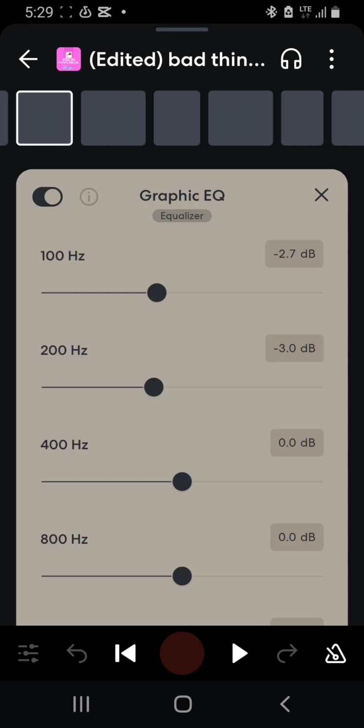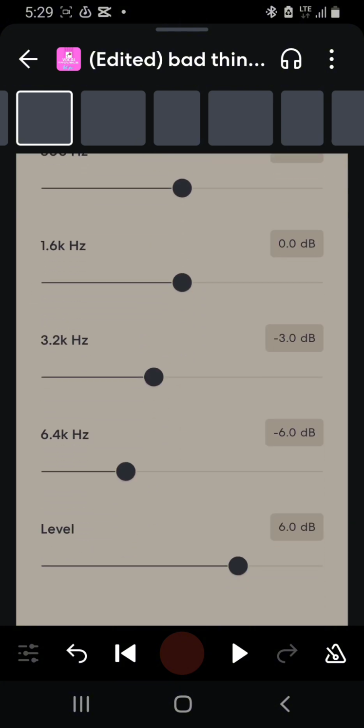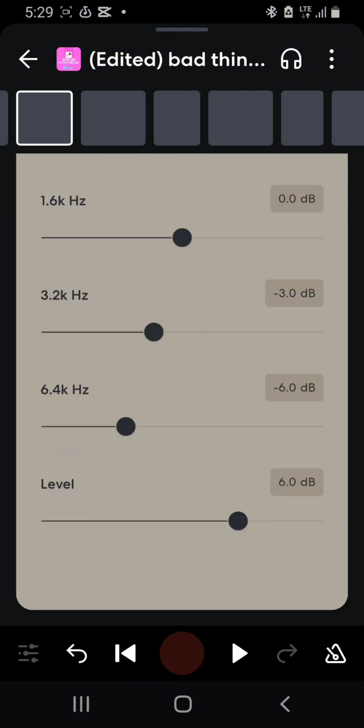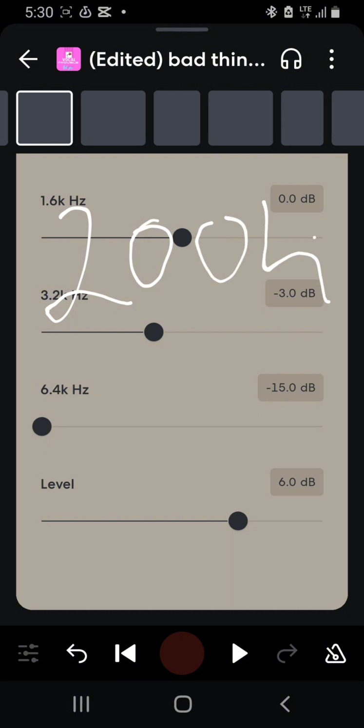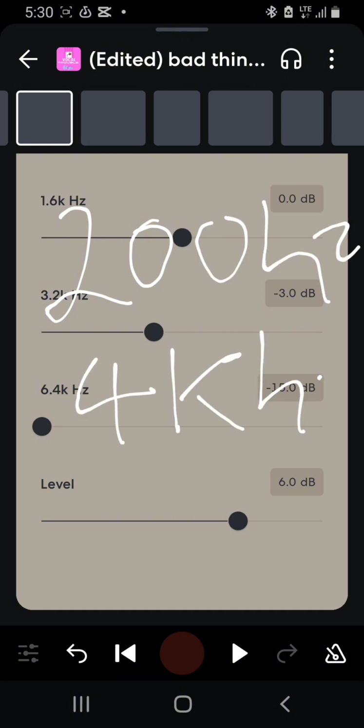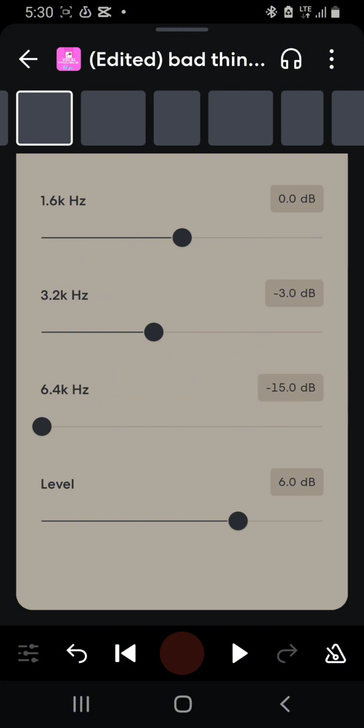once I input my graphic EQ, I normally remove below 100 hertz, and I remove around 6.4k since the mid range is around 200 hertz to 4k. So based on that, I work on that first until it sounds good, and after it sounds good,